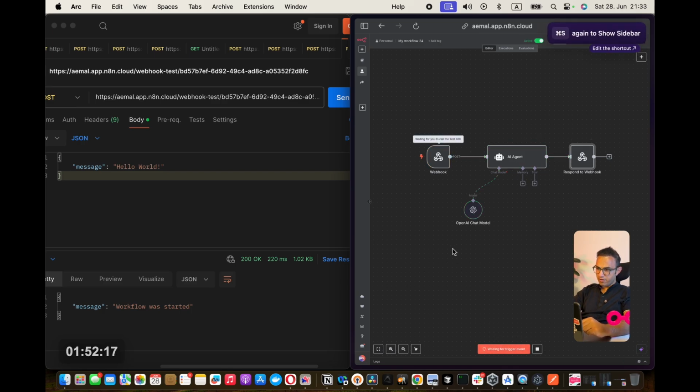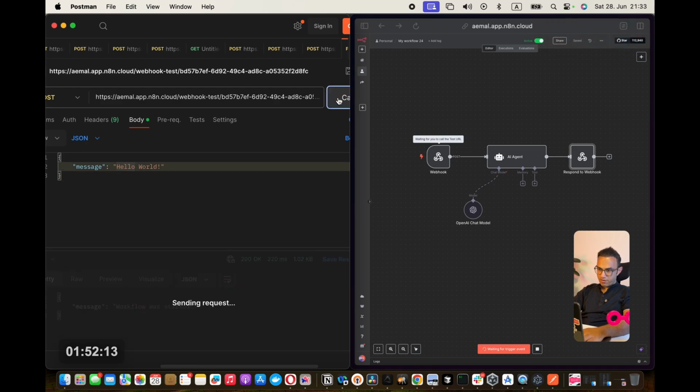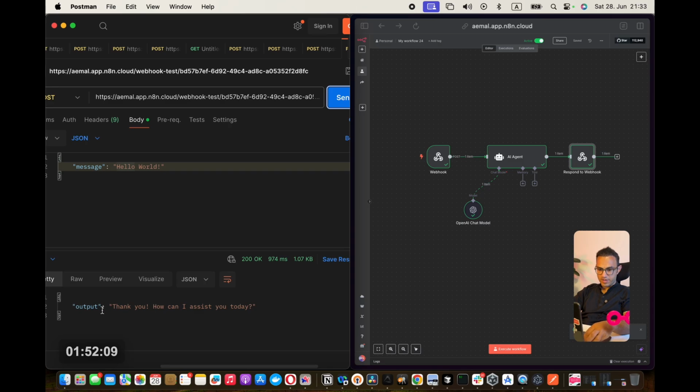Now if I execute the same thing here, and if I run it, what I will see is a different message. Look at that. 974 milliseconds, not 220 milliseconds anymore. Why?